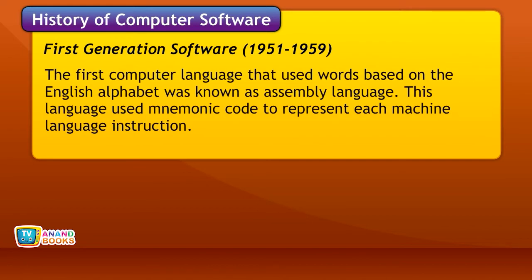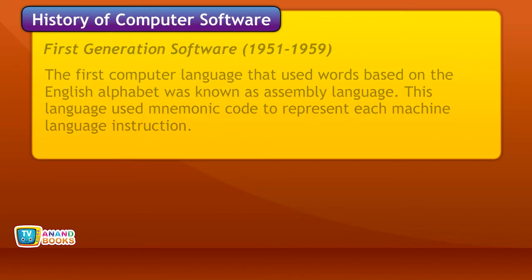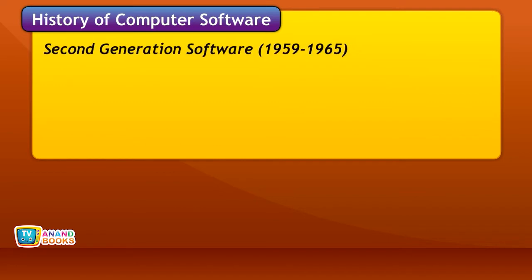The first computer language that used words based on the English alphabet was known as assembly language. This language used mnemonic code to represent each machine language instruction. Second generation software,